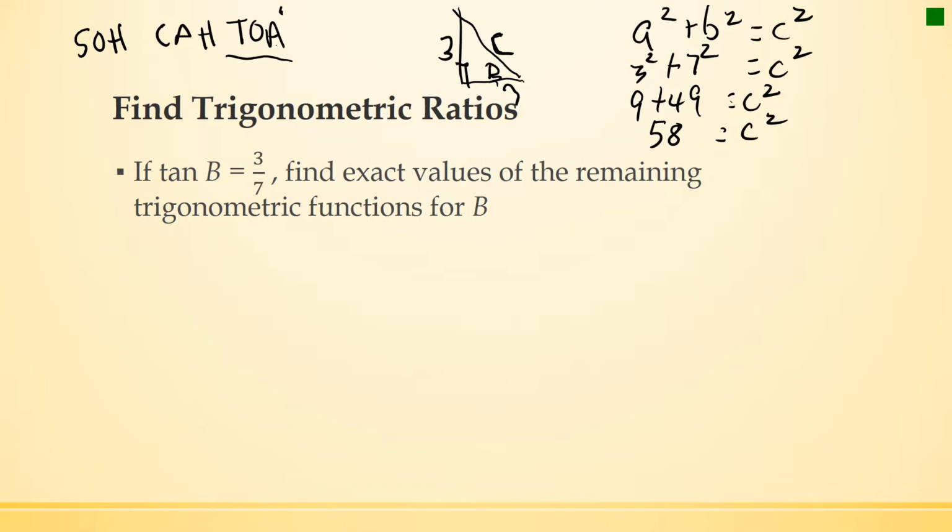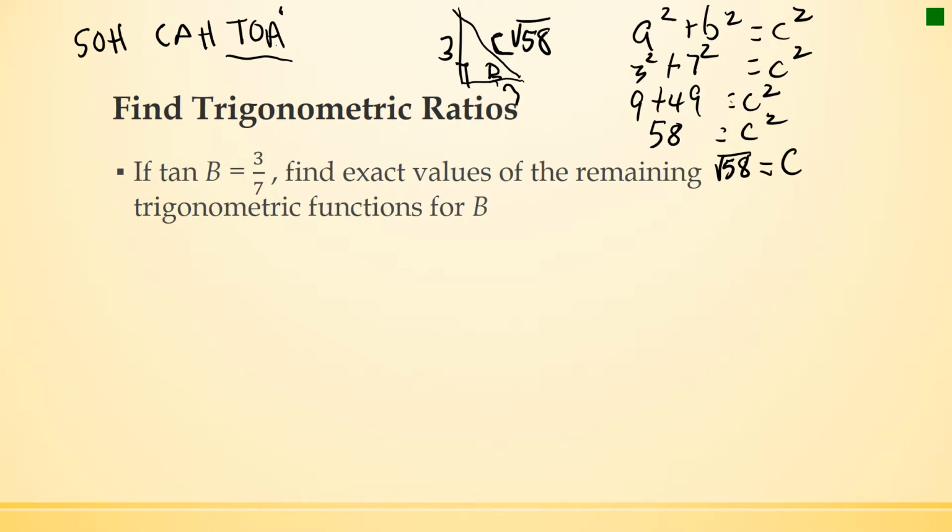And so C then is going to equal the square root of 58. So this side length over here is the square root of 58. Okay, so now we're ready to find the remaining 5